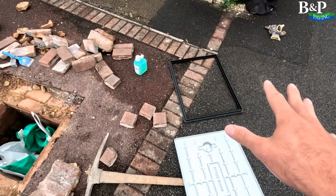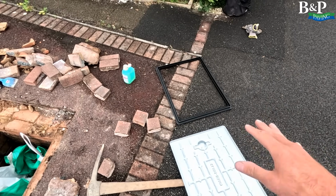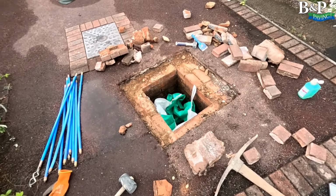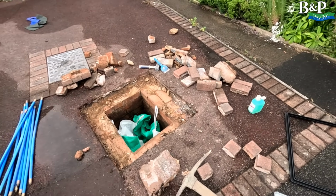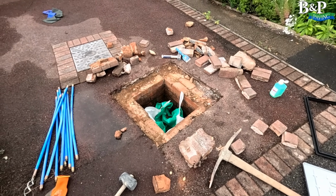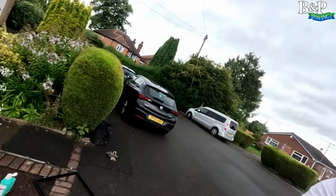It will be more secure with that solidly concreted in with a 10mm ballast mix. That will never move. It cannot move. Whereas if I use the blocks, we're going to have to put a thinner concrete to hold the frame, and I'd be worried that it might come loose at some point. So for me, the integrity of the manhole lid and the strength of it is more important than how it's